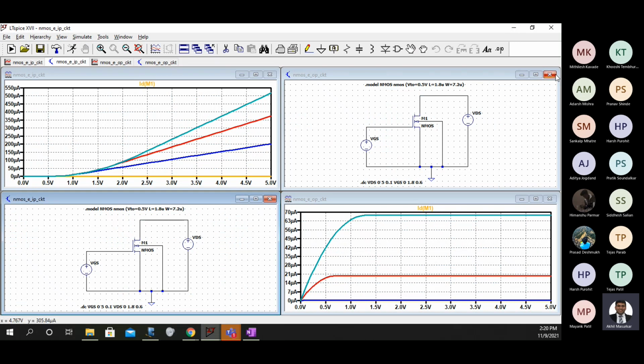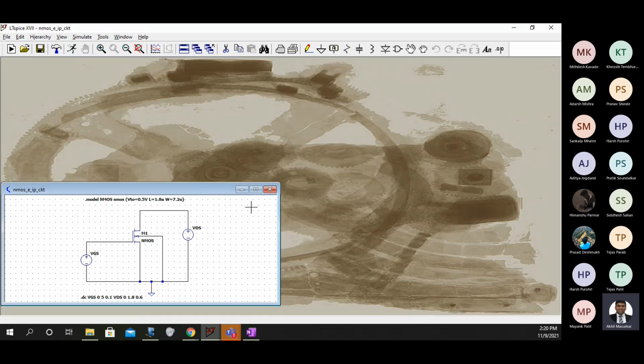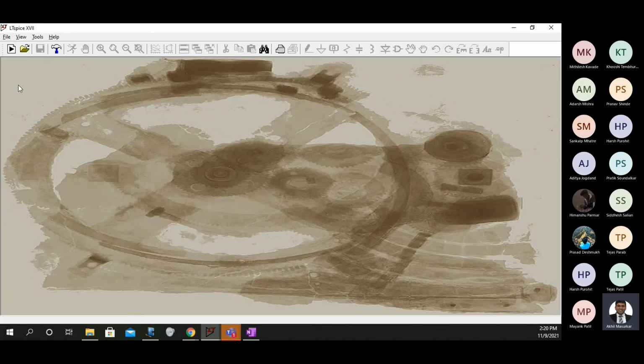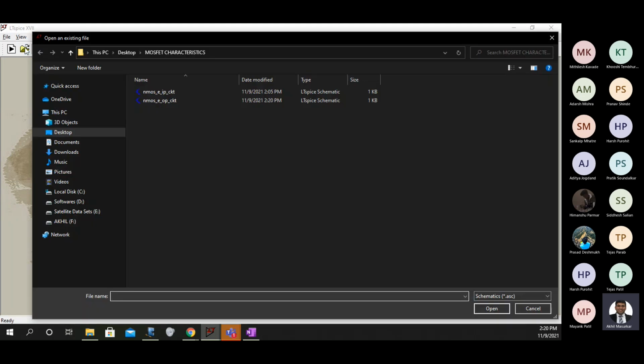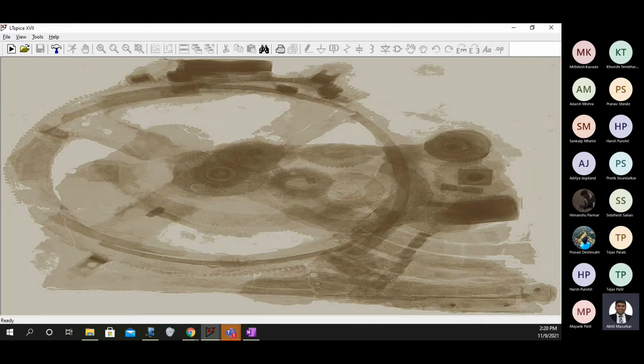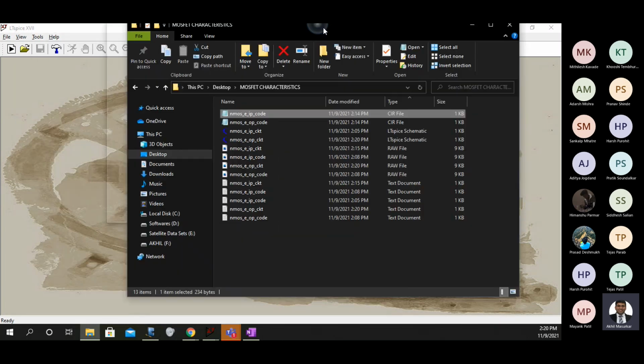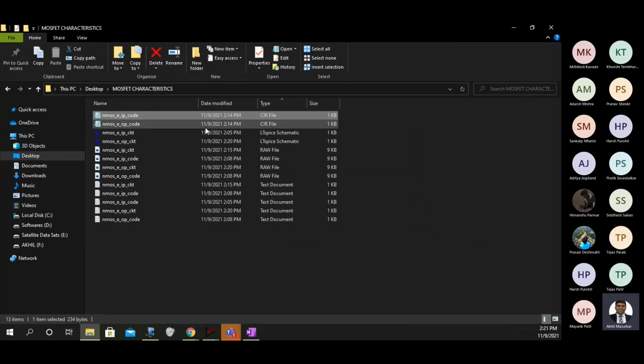So I'll close all this. And now I will open the folder where I have saved these files and see what I'm doing now.